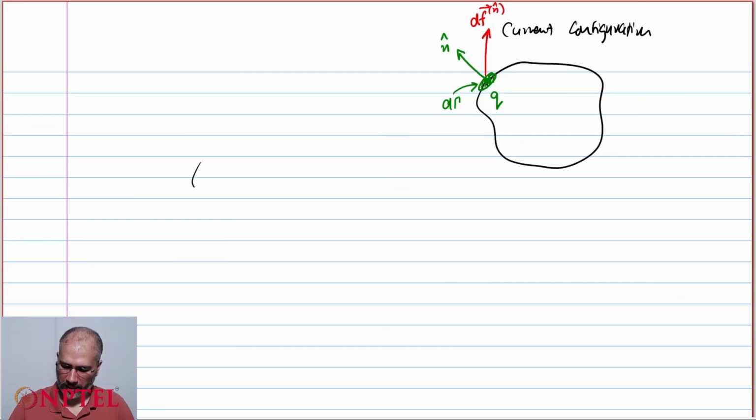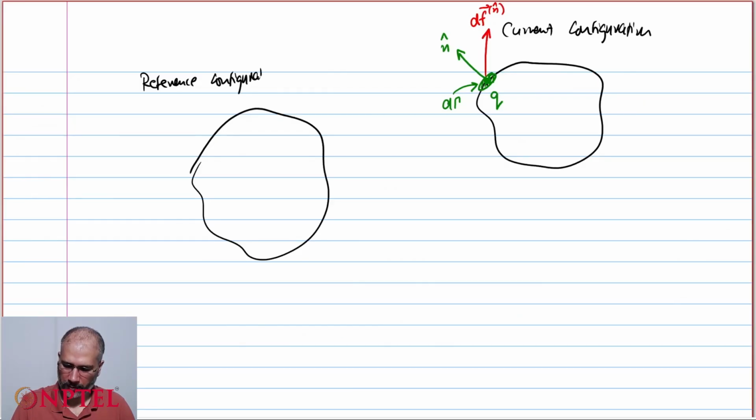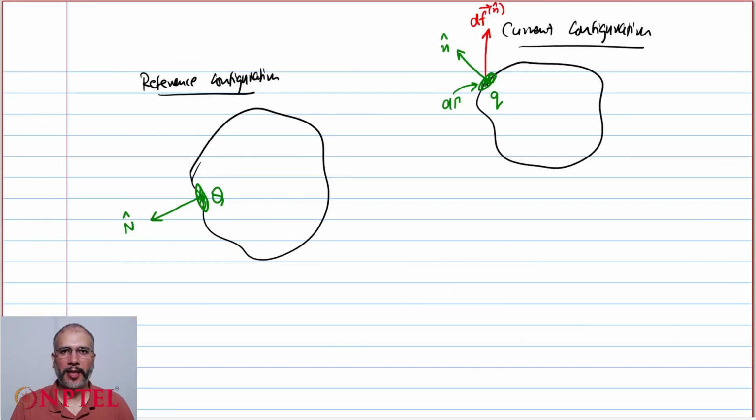Now, if I trace it back to the reference configuration, and let us say this point Q in the reference configuration was somewhere here. So the surface area was like this, and the outward normal was like this with a capital N hat direction,